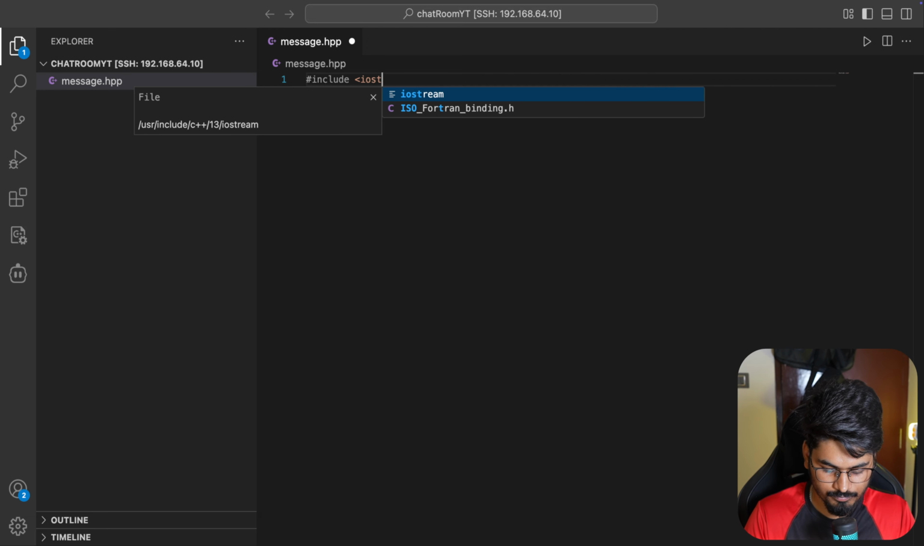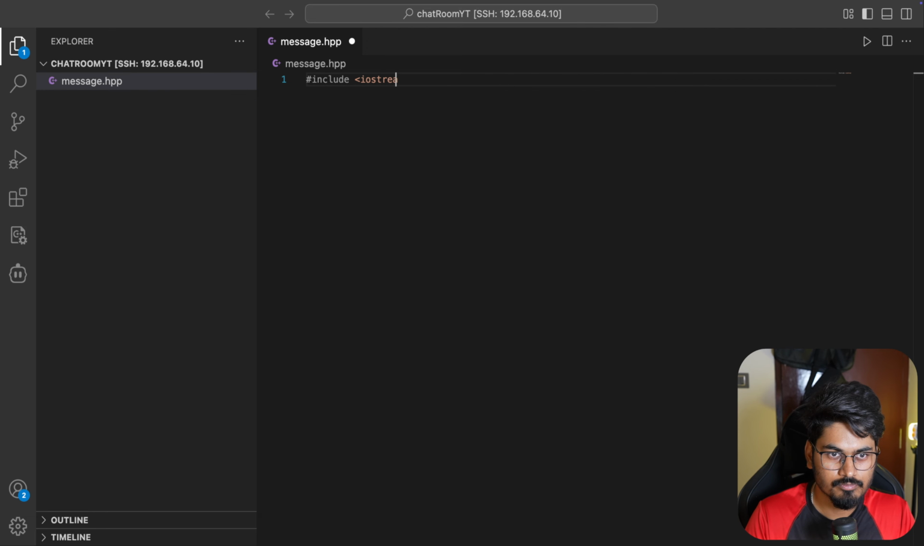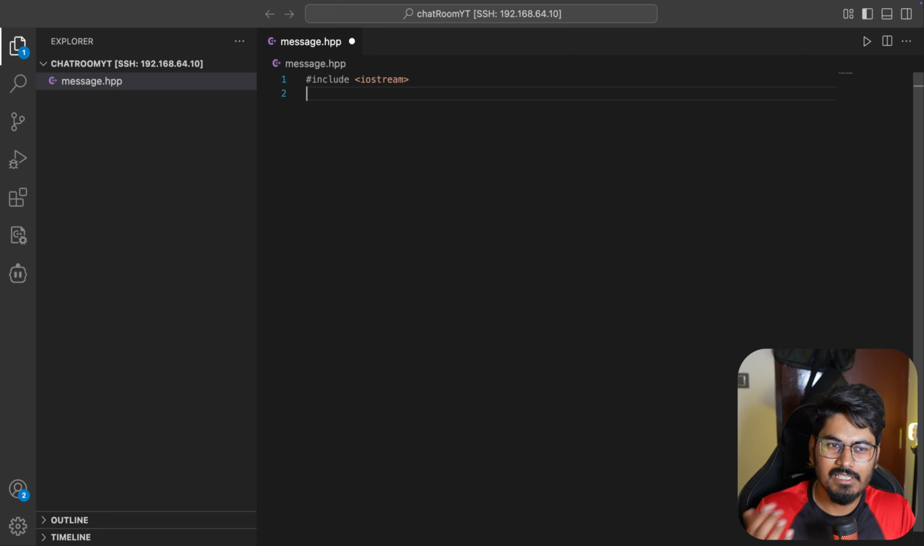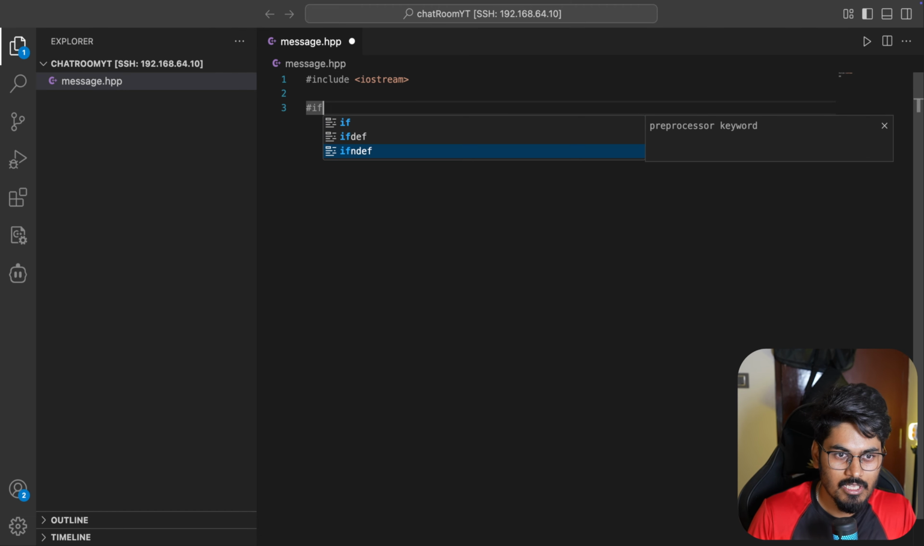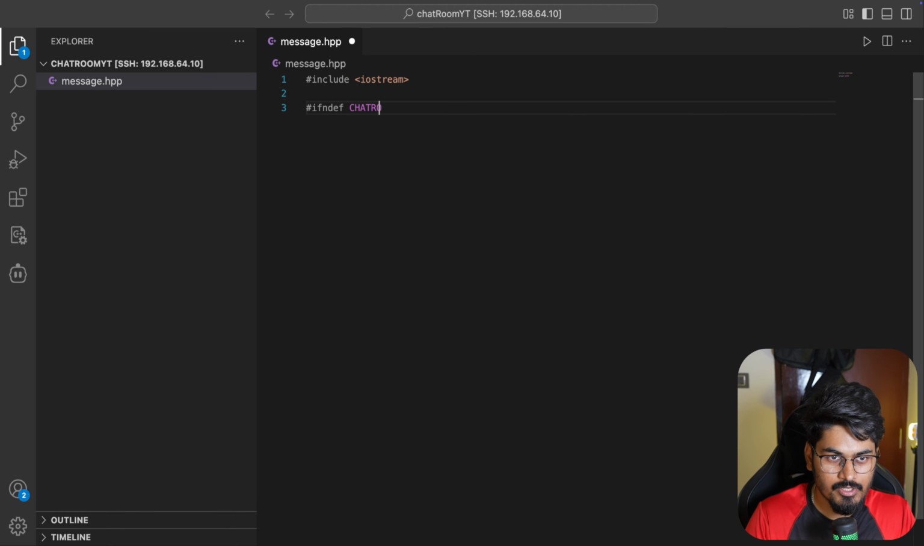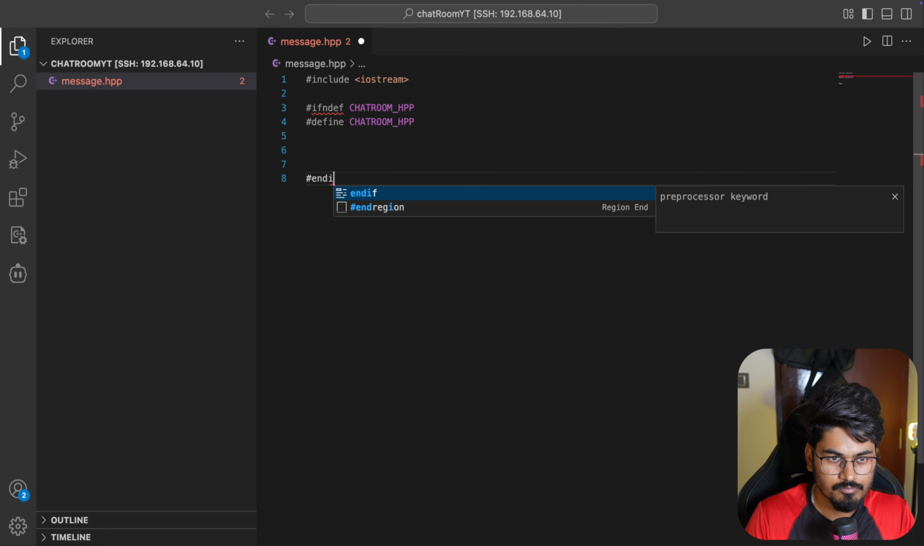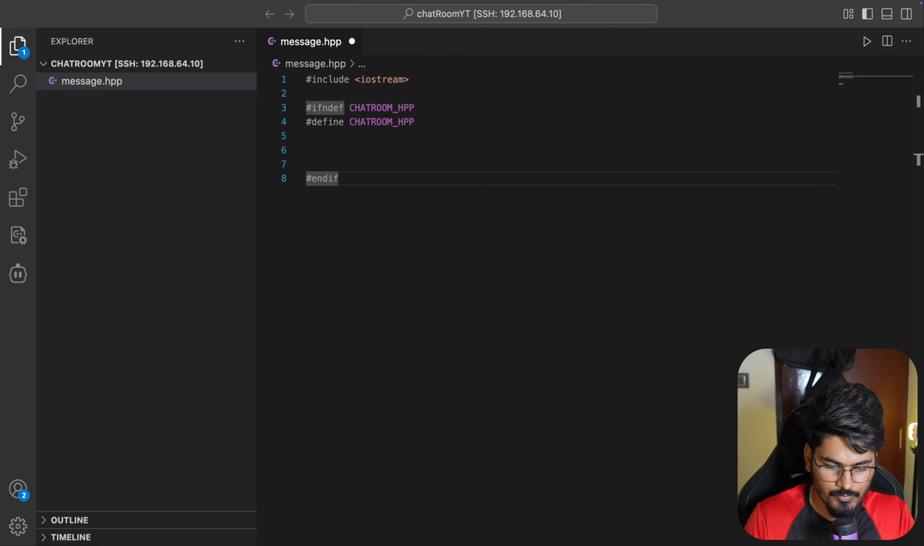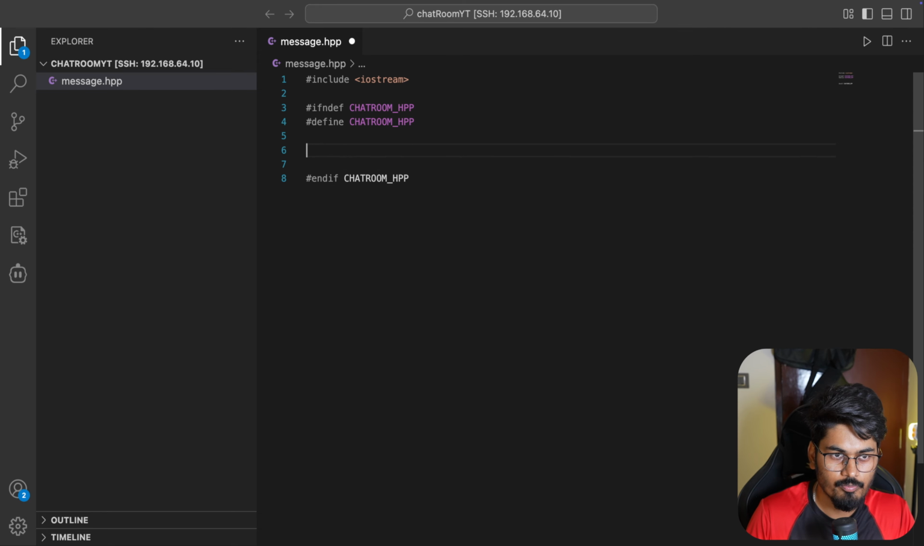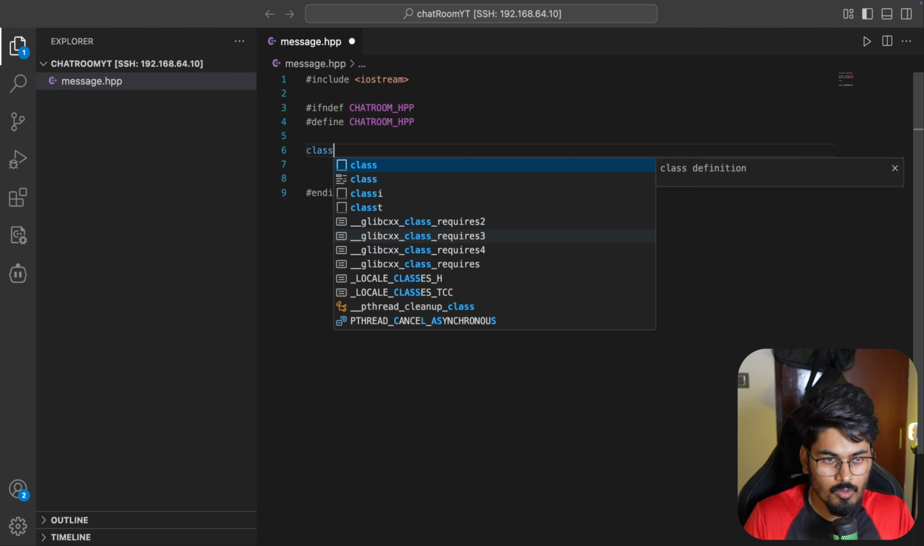So include iostream, basically standard input output, whatever we use in C++. Then ifndef ChatMessage. The people who are old to our channel know that we always do ifndef, then define, and then endif, right? And ifndef, okay, and ChatRoom. Okay, now